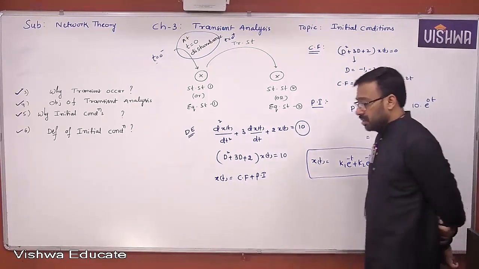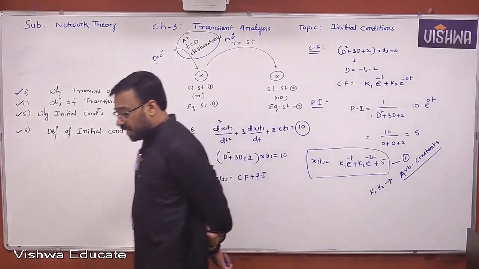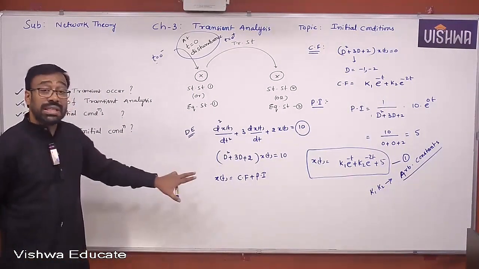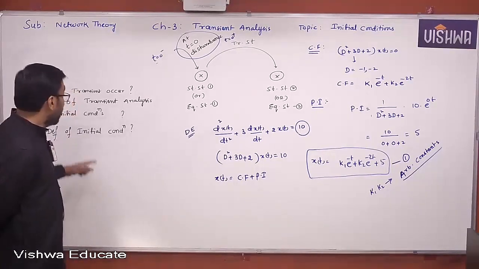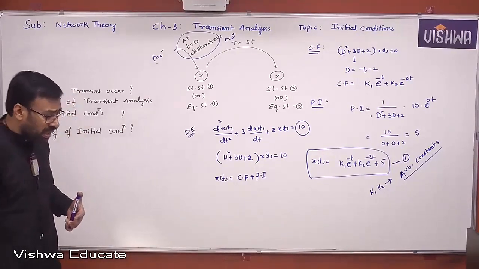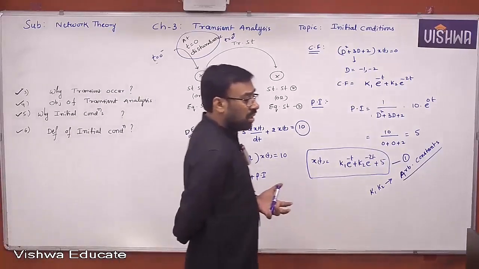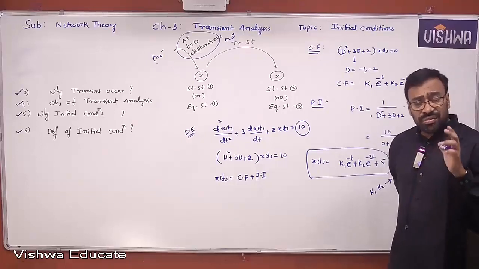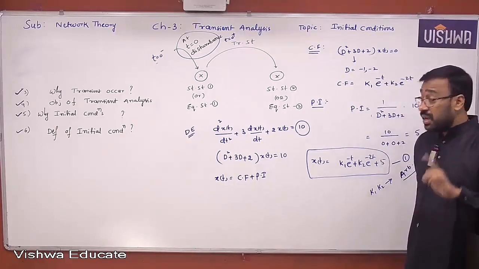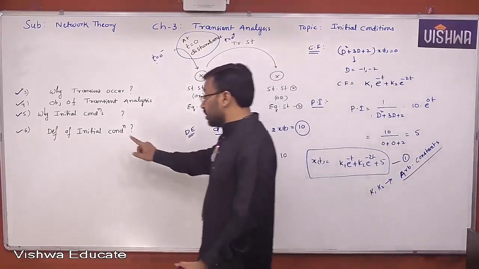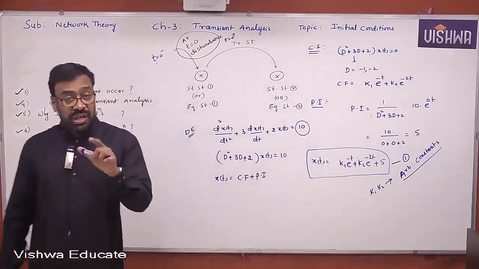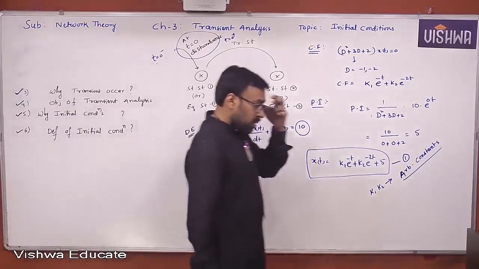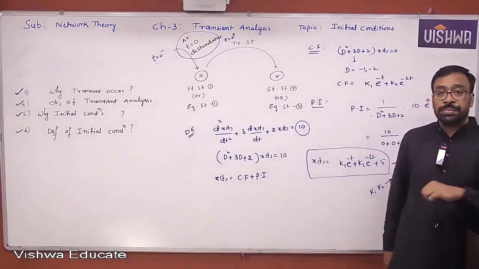So it's very clear in interview. If you get a question that why we need initial conditions, you have to tell all this explanation. And you may get a question that what is the main objective? Why should we really go for transient analysis? Why actually are the transients occurring? Such kinds of questions are very frequently asked. And remember even the definition of initial conditions also. Put the heading, definition of initial conditions.